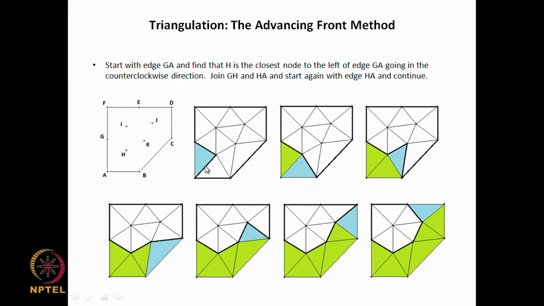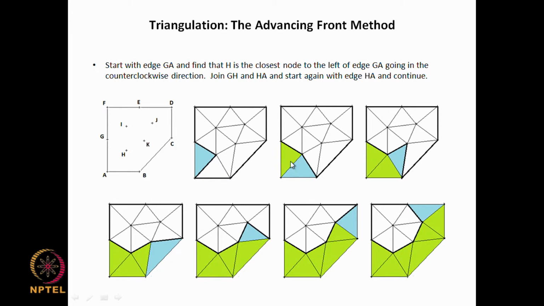Now, you start at this point here and you see what are the nodes which are to the left of this line. So, this is one, and if you prolong it like this, you can see that this is also to the left of this also to the left of it, and all these others are to the right side of this edge as we go from H towards A. So, out of these 3 points, which one is the one which is closest to this edge? Again we can see that this is the one which makes the smallest triangle. So, smallest in the sense of this combined length here, and therefore, we join this and then we create this